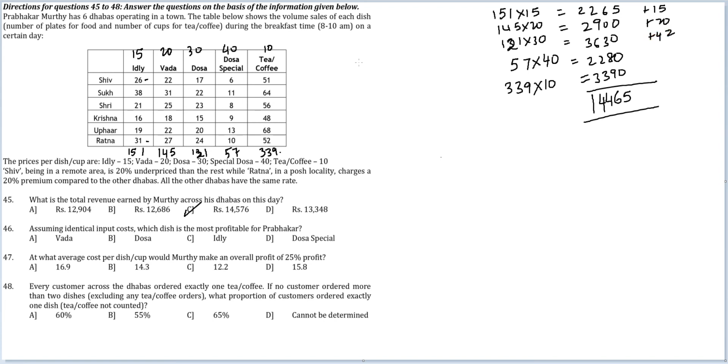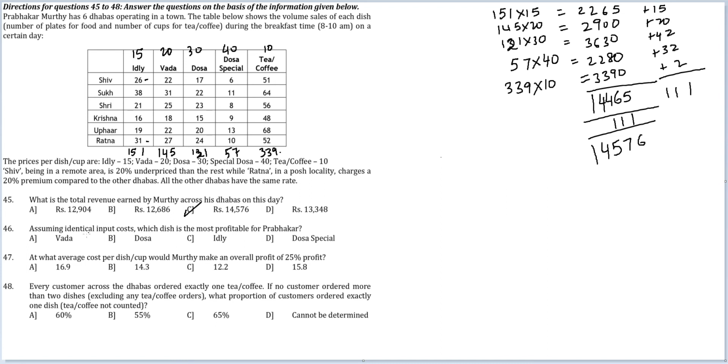4 items extra, so plus 32 here. And finally 1 item extra, plus 2 here. Let's add these up: 5 plus 2 plus 2 plus 2, 1. And then I'm left with 111. If I add 111 to this, how much do I get? 6, 7, 5, 4, 1, which matches the answer also. But you did not need to do this extra bit. After you've reached 14,465, you can mark your answer.